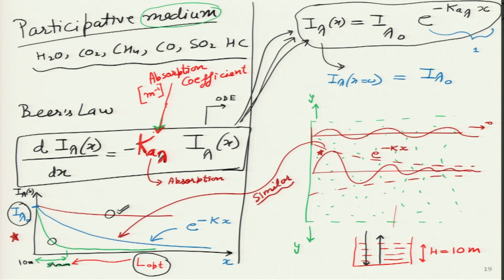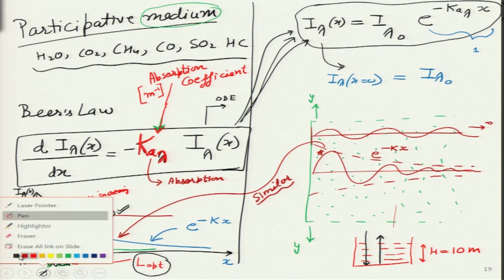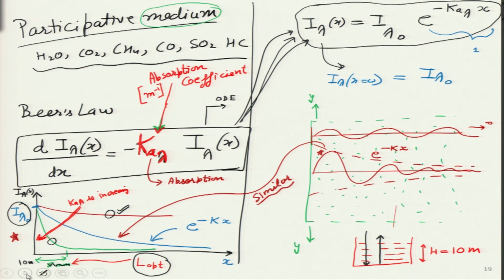Because just by changing the value of absorption coefficient k a lambda, I can drastically change the curves over here, which means I can write this over here in red ink like I am writing over here. In this direction k a lambda is increasing, in this direction k a lambda is increasing. So, here the curve has become a little bit messy. Let me draw it anew,